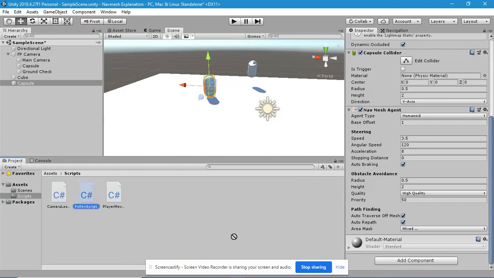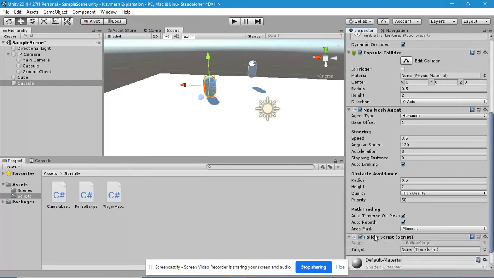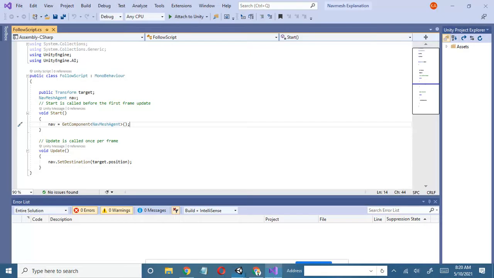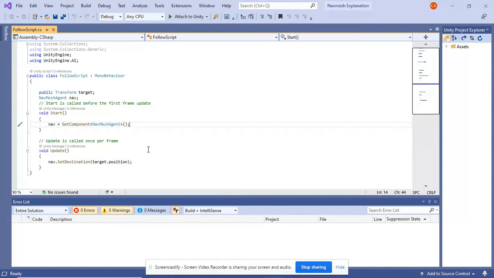First, let us attach the follow script. It's attached now. Let us open it up first. Okay. First, it says using UnityEngine.AI, so the script knows what it's using. UnityEngine, but it's using its AI. And then nav would stand for NavMeshAgent. At the top, they made a variable, NavMeshAgent, and it's shortened to nav,